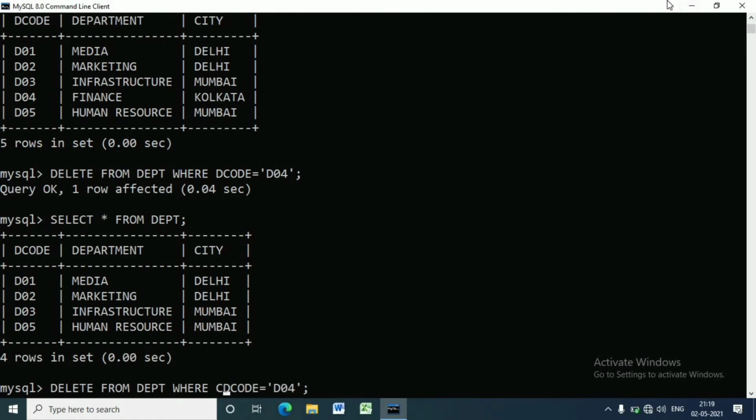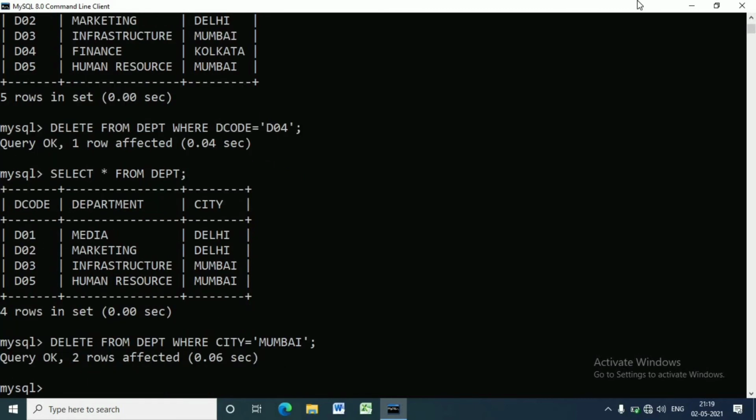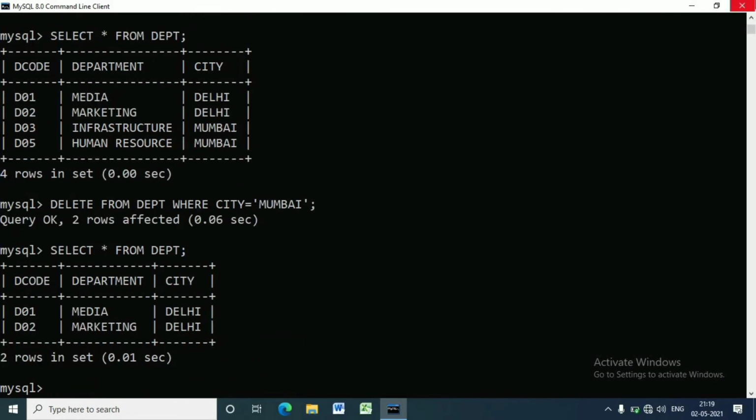Now if we run the query, the 2 rows will be deleted. If we want to see the remaining data, then we can write select star from department. Only 2 rows are there in the department table.